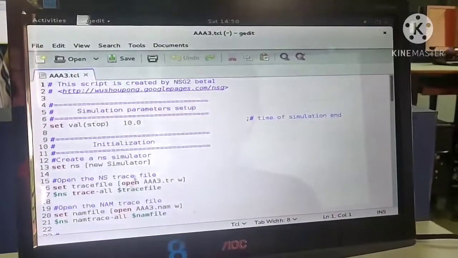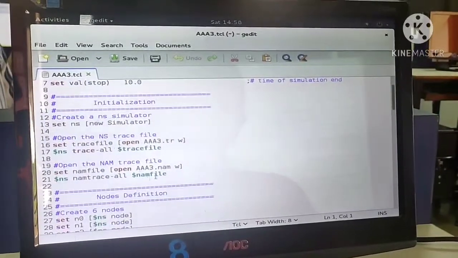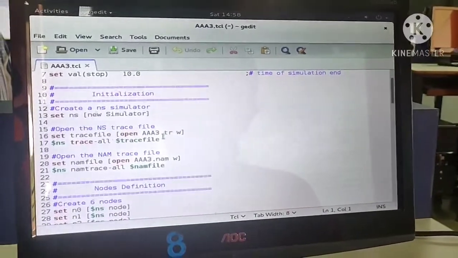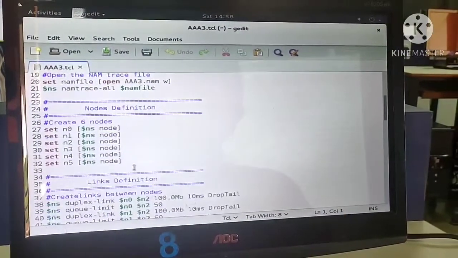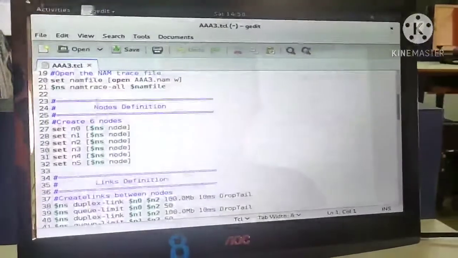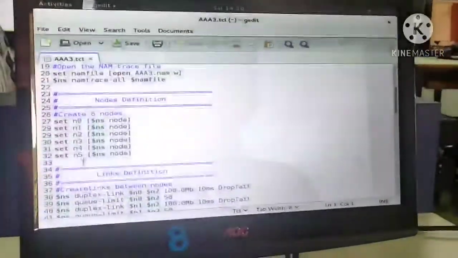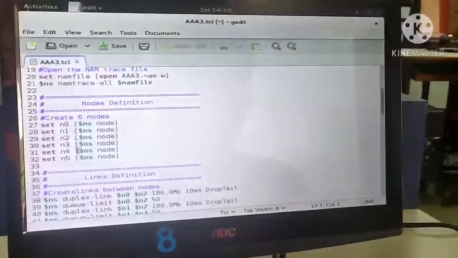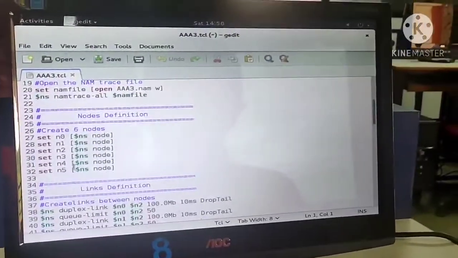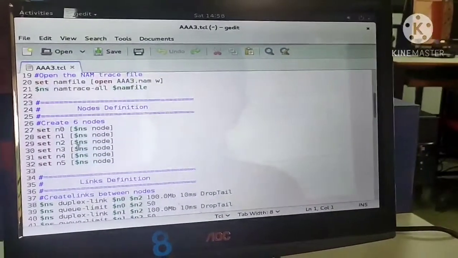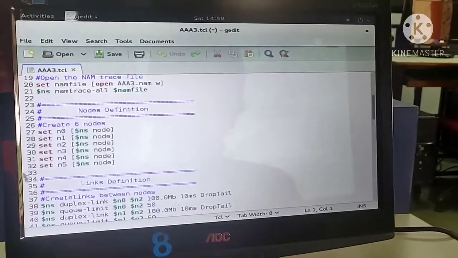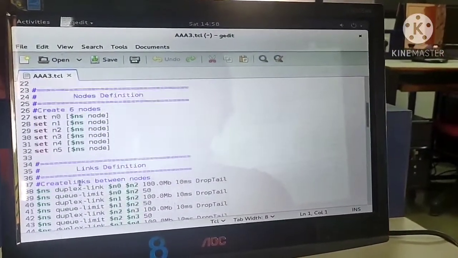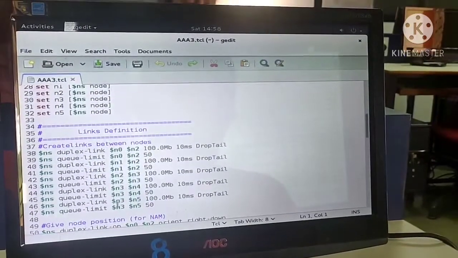Just see this program. I have opened a trace file. Initially I had saved a trace file. So this is the trace file. You can just see I have total 6 nodes there: N0, N1, N2, N3, N4 and N5. So here you can set the color to the nodes, and also you can give shape for the particular destination node. It is left to you. It is optional, not compulsory, and all that changes you have to do inside this node definition section only, setting color and shape. Okay, you can directly come to the link definition section.